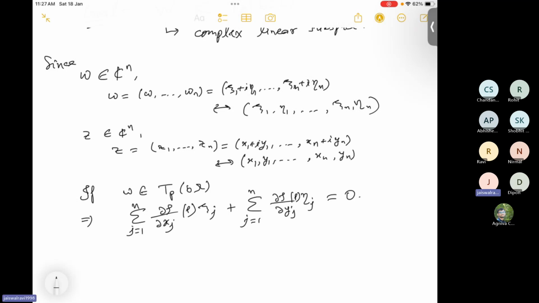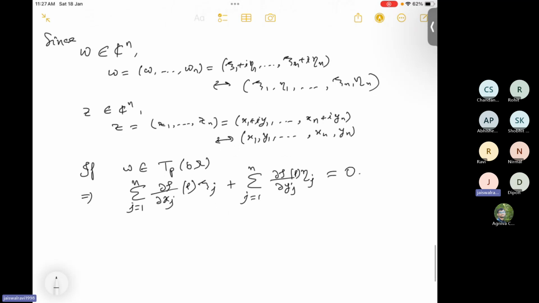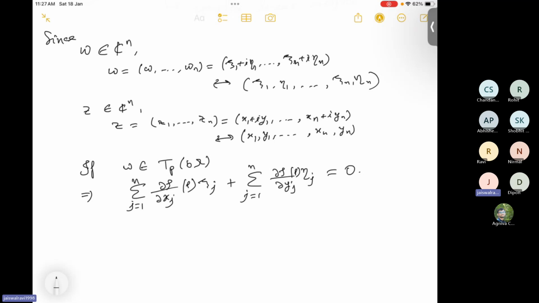This is just using the definition that w is in T_p boundary omega. So now our goal is to write this expression 1 in